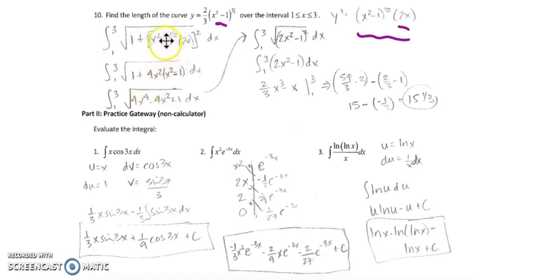So in this case, if I'm squaring x squared minus 1 to the 1/2, that just gets me x squared minus 1 to the 1. And then 2x all squared gets me 4x squared. So now I'm going to distribute this 4x squared to both of these terms here to get 4x to the 4th minus 4x squared plus 1. This is a perfect square trinomial that I can write as the square of a binomial. So when I then take the square root of this binomial squared, my squared and square root cancel out,